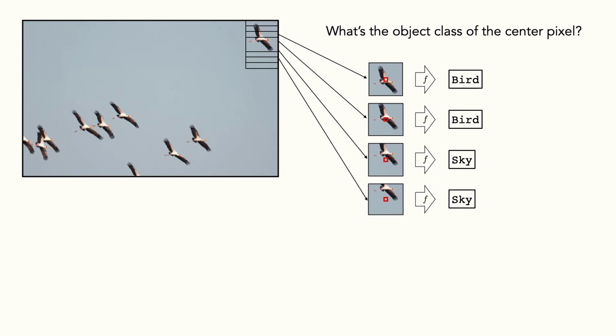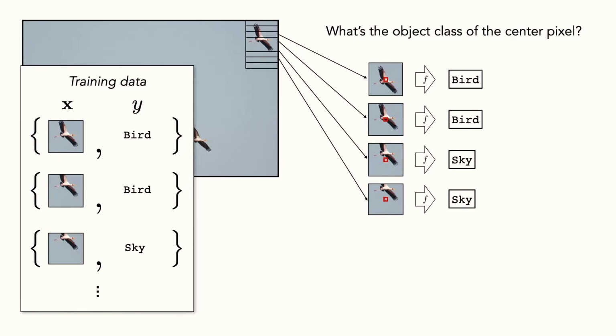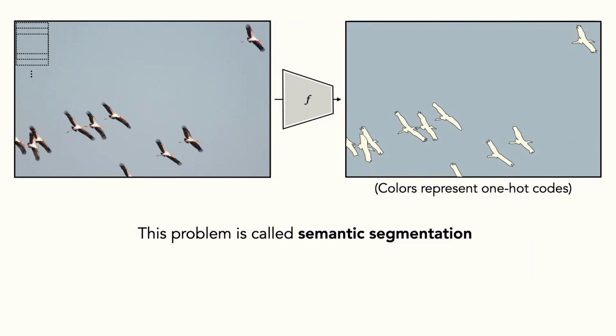So the way that would look is, you have your patch size, and that patch size is probably a parameter in your model. You want to make sure that context window is big enough that you maybe see the whole object of bird. But then when you're actually predicting, you're sliding this over as you go, and maybe you're only predicting, for example, the object class of the center pixel, but given the context around that pixel. So now your training data would be that patch and then the output category of that center pixel. And now, if you run this categorizer over your entire image, you start to get something that looks pretty cool,